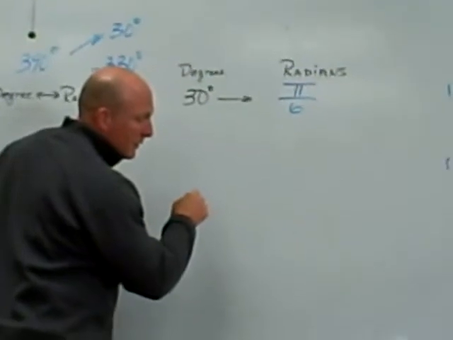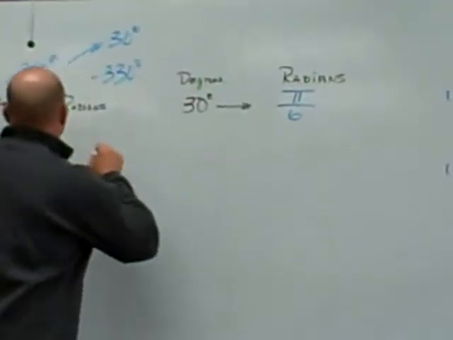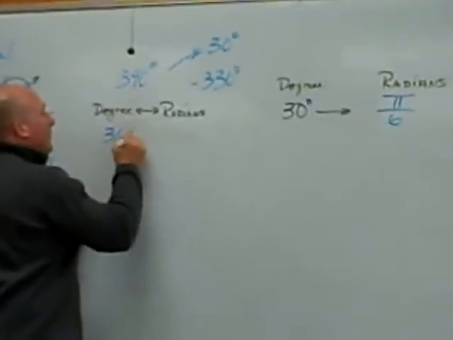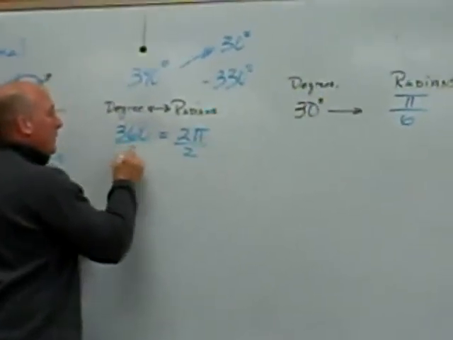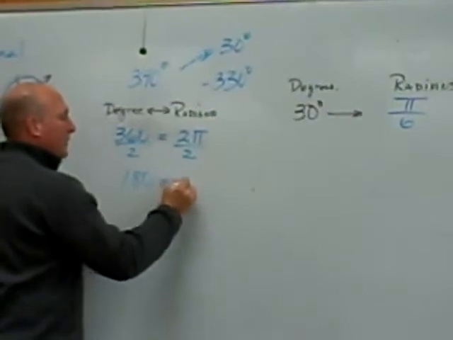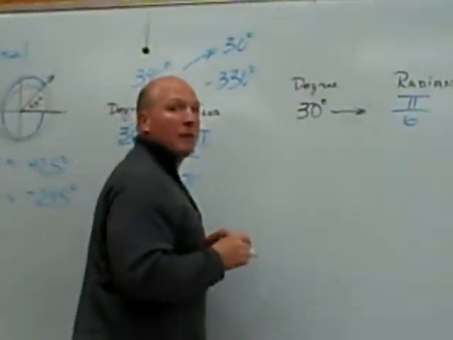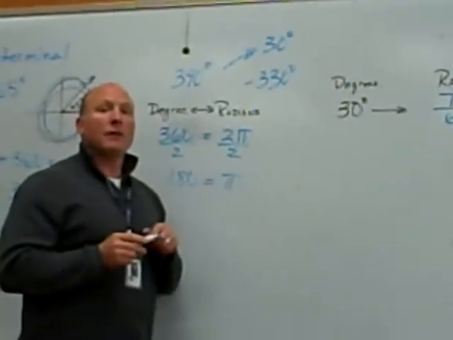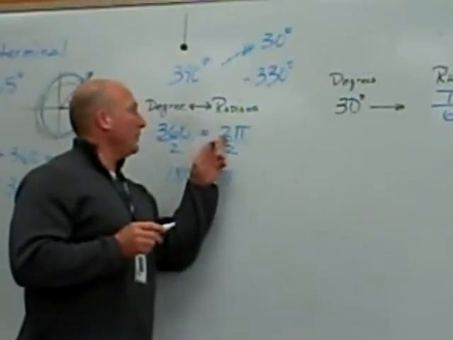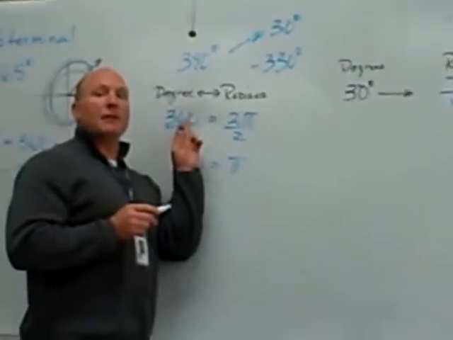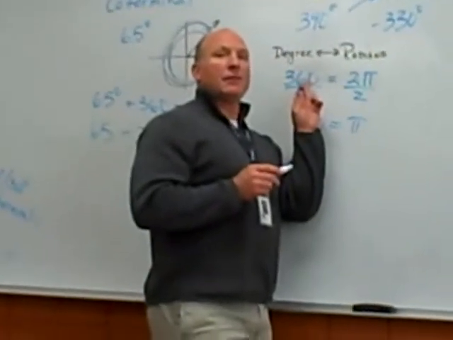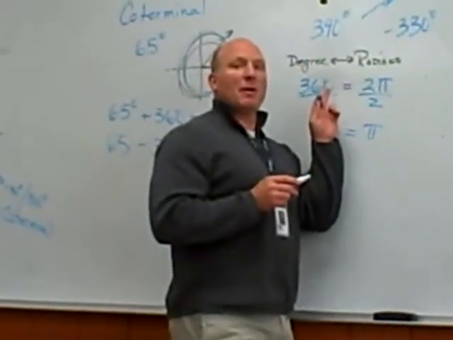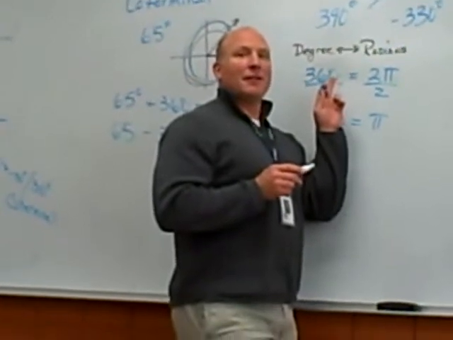Wait, how do you get the 180? Well, we said that 360 was equal to what? 2 pi. Oh, so it's divided by 2. Yeah. So 180 is equal to pi. I don't understand that. How is pi equal to 180? Well, 2 pi is 360. I don't understand. What is pi? Pi is 3.14. So how is that times